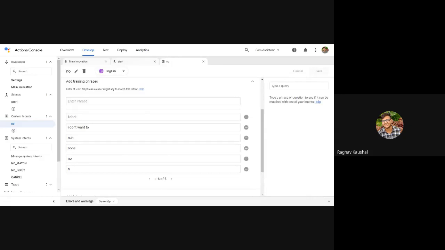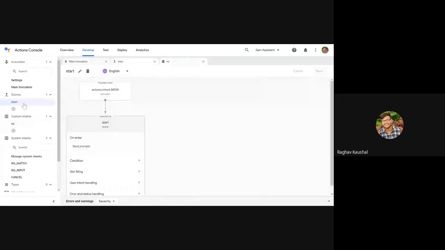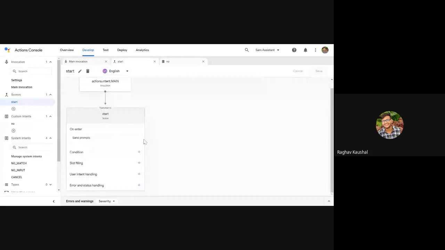We'll connect it by going into start. I'll explain this, don't worry. In start, we have sent a prompt asking do you want to know your fortune or not? Then we'll go to user intent handling, which is mentioned here.